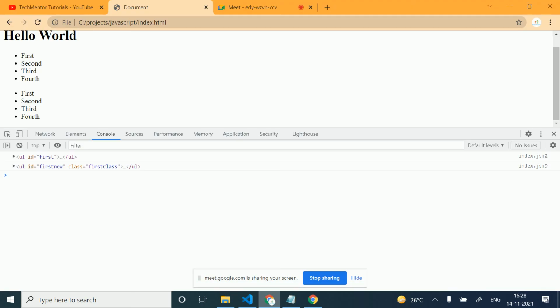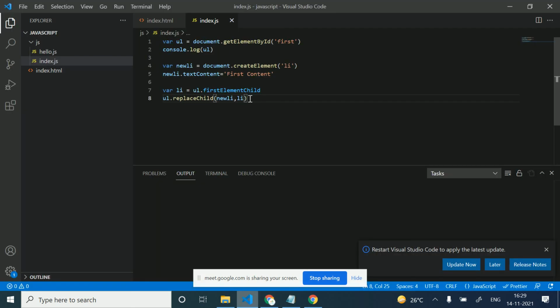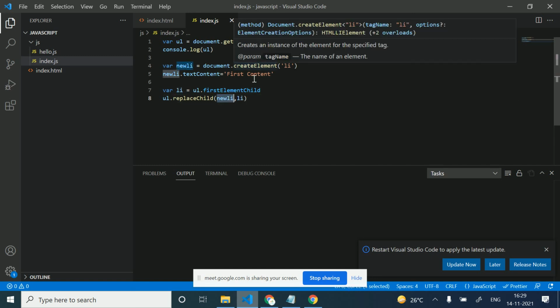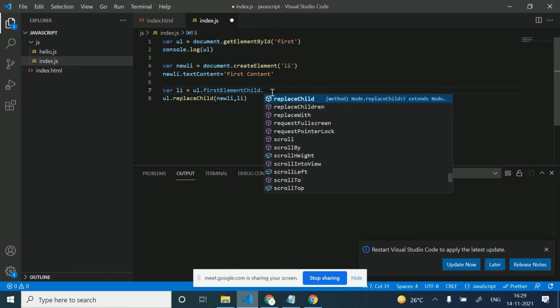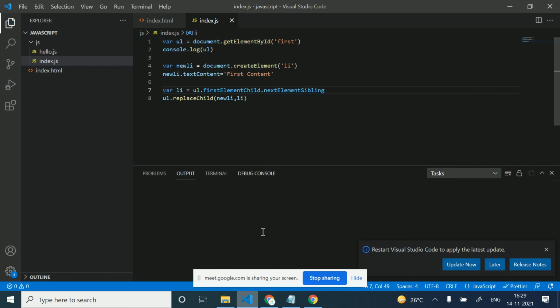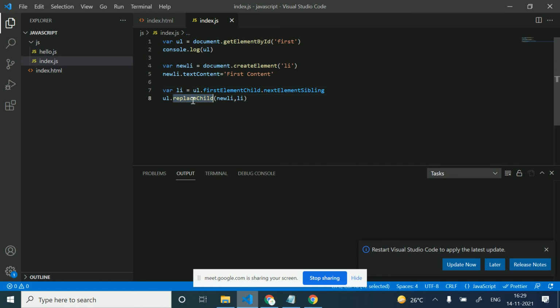Let's check what our output will be. Now you see the change here, first content. So this li is replaced by this first content. If I want to replace the second one, the next, there is next element sibling. Now the second will be replaced by the first content. In this way we can replace with replace child.